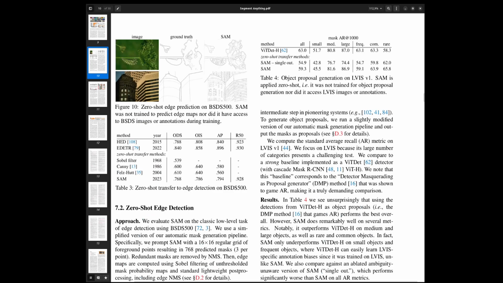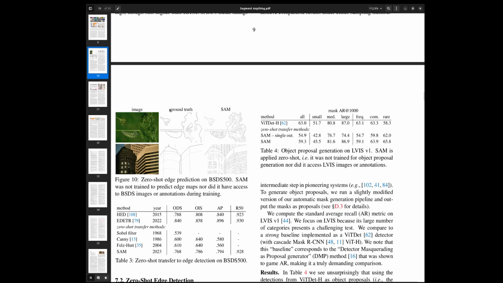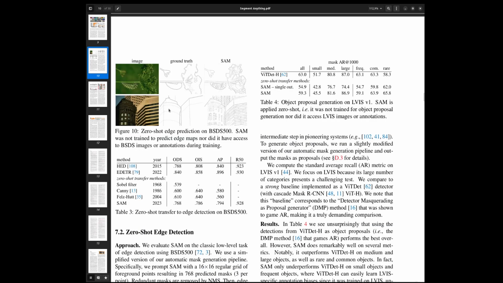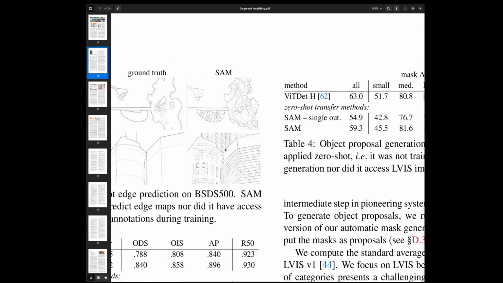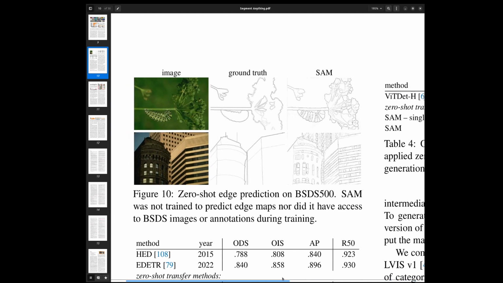And what about the edge detection? How do you do the edge prediction with SAM? I think they just convert masks into polygons, and that's it. I'm not sure, because here some parts are bigger than 1 pixel. Or what do you think? I don't know. That was my understanding originally, but maybe I'm wrong.